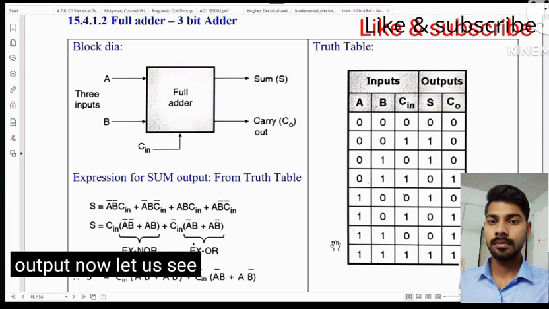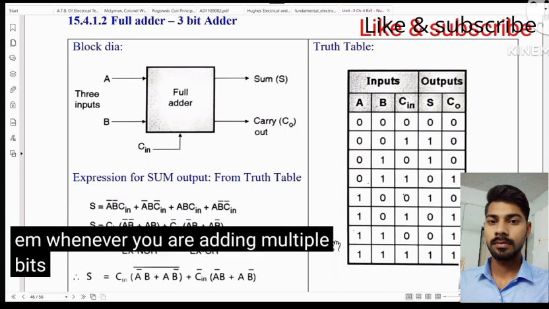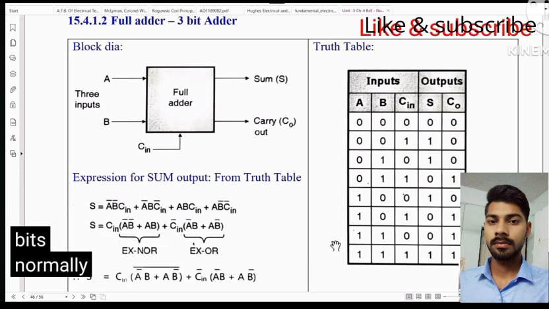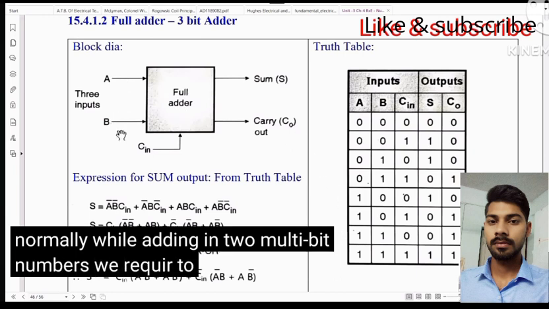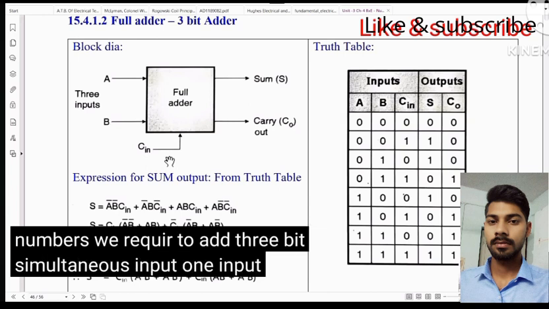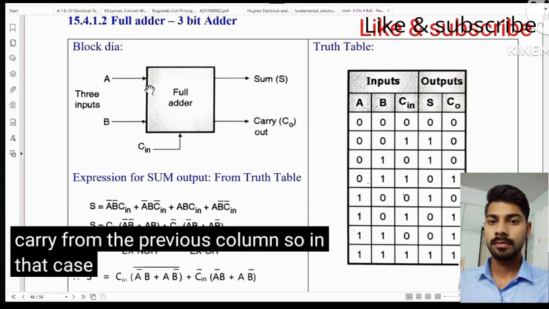Now let us see the next adder. Whenever you are adding multiple bits, normally while adding two multi-bit numbers, we require to add 3 bits simultaneously. Input 1, input 2 and carry from the previous column. So in that case, full adder is